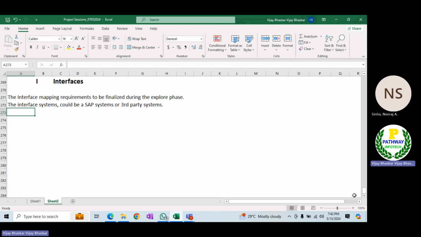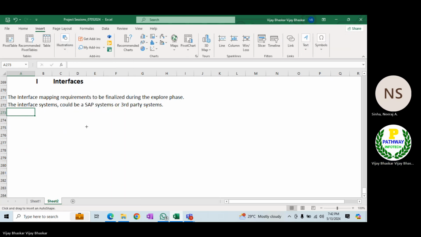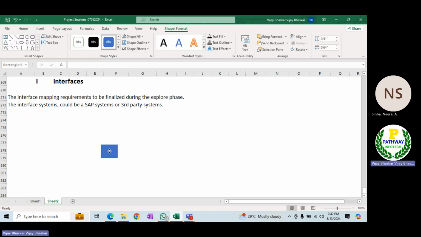So now I'll take an example. Let's say I have a central component, which is my SAP system. This is my, let's say, SAP